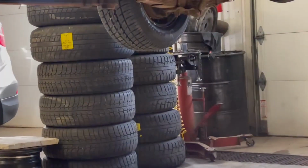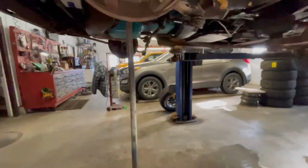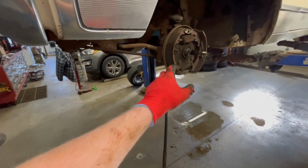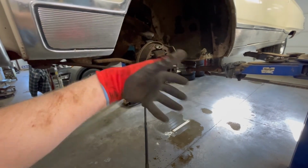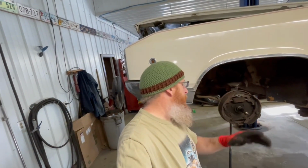So normally what you would do is you would dig out the transmission jack over there, but we're not gonna do that. We've got the pry bar jack stand here. We're just gonna lower the car down a little bit to get that load off that control arm. Then we can get in there, get those bolts out, and nothing will move. Or at least in theory, that's what's supposed to happen, so I don't know. So we're gonna get the backing plate off. We're gonna get it on the workbench so that we can get the wheel cylinder off,